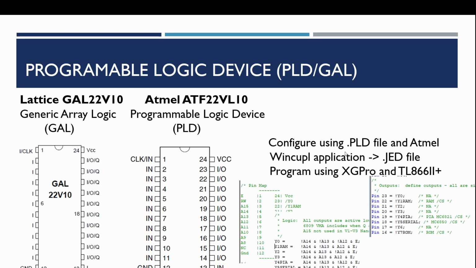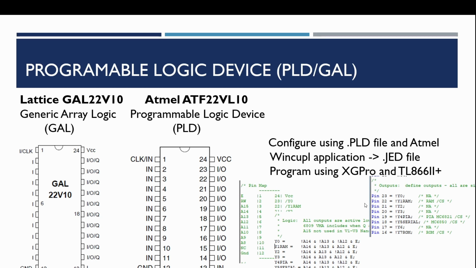And you can see here how we do things: there's a PLD file. This is just a text file. I tend to have things like pin maps and memory maps in there just for documentation. And then what you do is define labels for the pins, and then rules that determine how the inputs on the various pins are combined in logical combination to produce an output. So we'll be looking at that in a little more detail as we go through the configuration of the PLD.